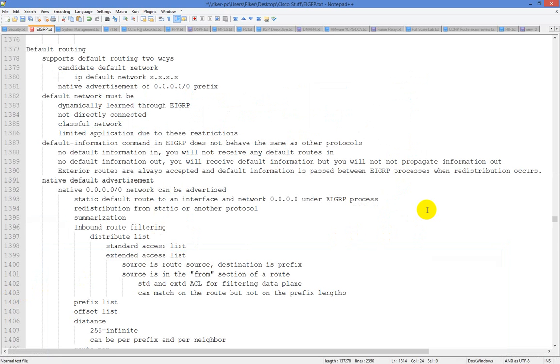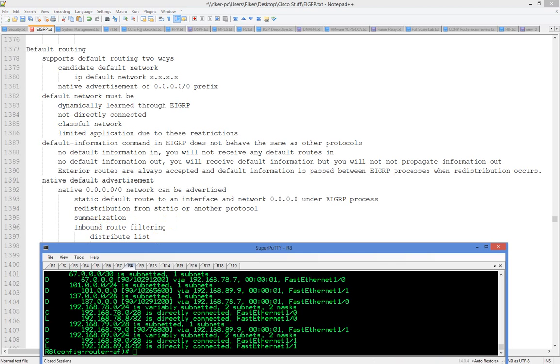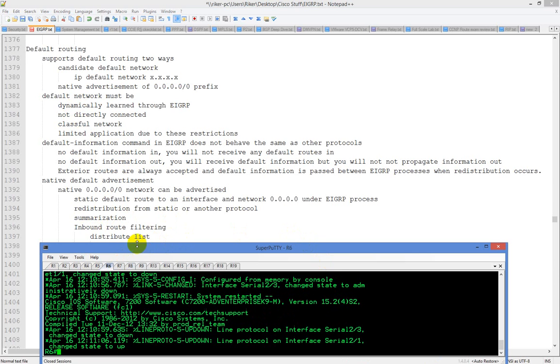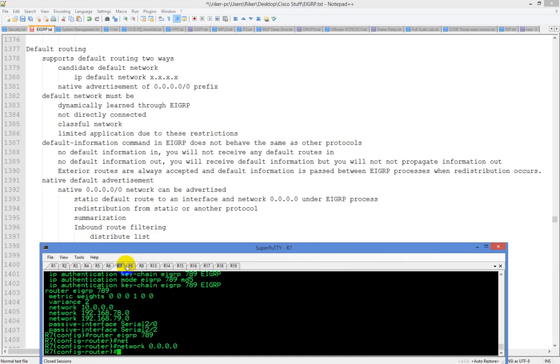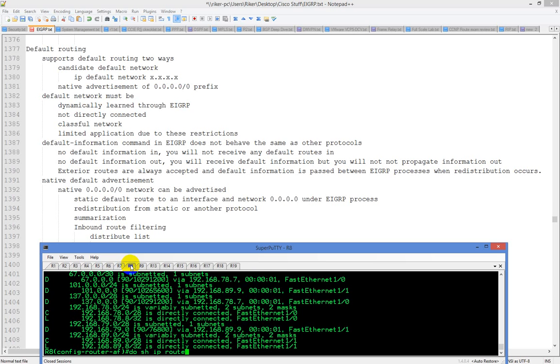That's pretty much the bulk of them. I don't recommend you use the default network command. You can receive a default route in if you want to, but the most common way I've seen it done is to do a summary route or redistribute static. So, for instance, we go back to 7 here, and instead of the network command, we type in